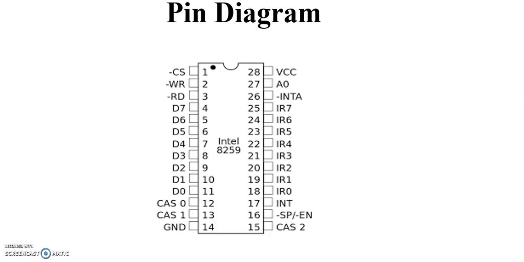Similarly, during a write operation, the initialization command words of the 8259 can be entered. Then CAS0, CAS1 and CAS2 are for the cascaded 8259. So it can go for multiple 8259s, where one serves as the master and drives the slaves.